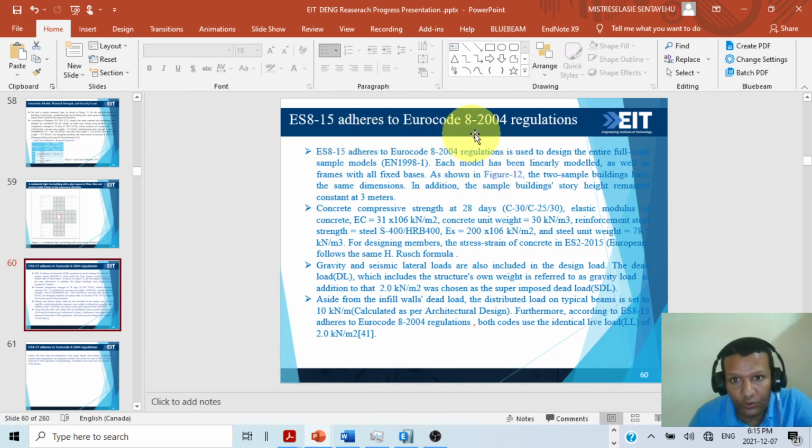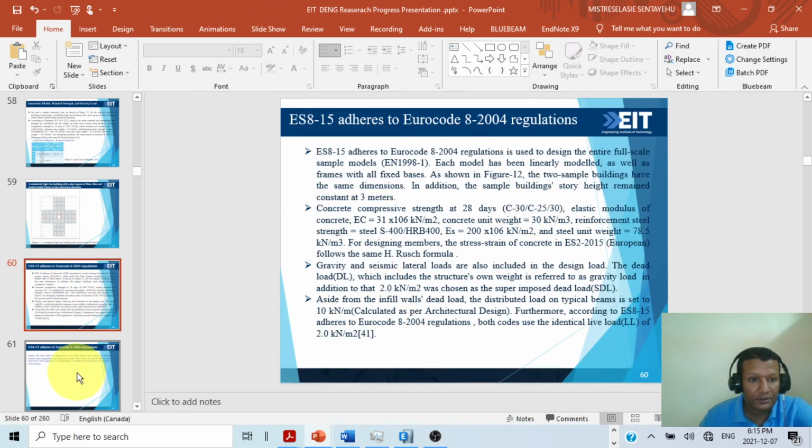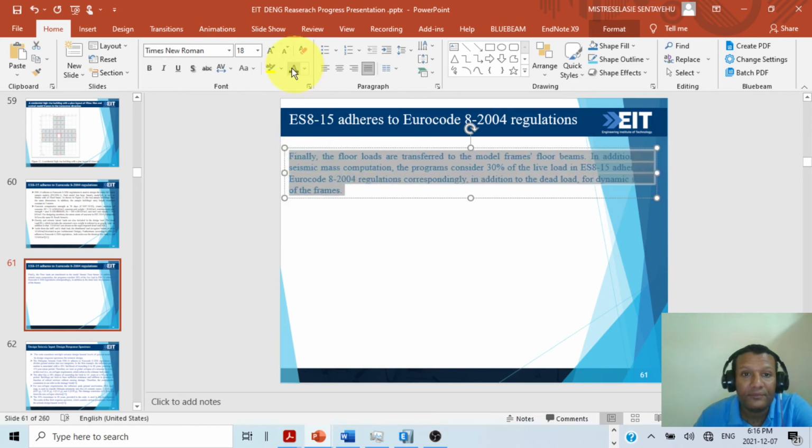Adhere to Eurocode 8 2004, we already discussed now. This is a material property I'm going to use, and everything we discuss now, you can read it later. Everything is included. Then finally, the floor loads are transferred to the model frames, floor beams, in addition to seismic mass combination. Okay, as per the code,